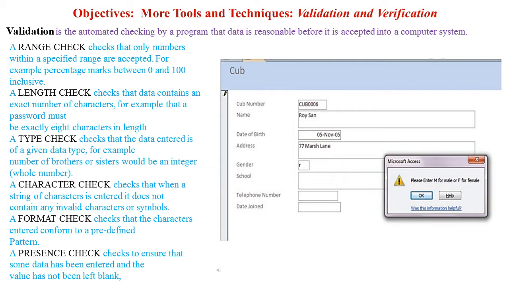Okay, you can see on the picture on the right, or you can take the example of Facebook, that if you are logging in to Facebook, you must put your email address and your password to log in. So for your email address you must have @ and the domain name, like gmail.com or yahoo.com or hotmail.com or outlook.com or any other domain.